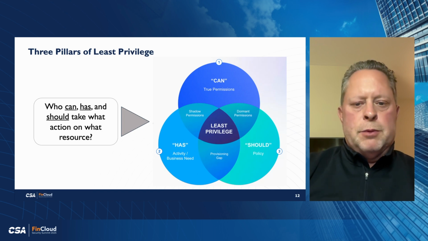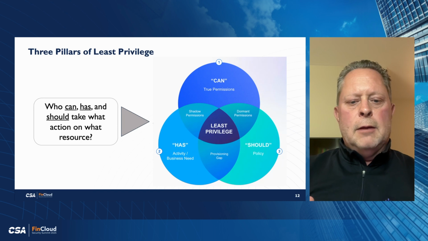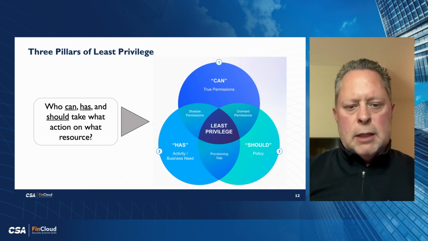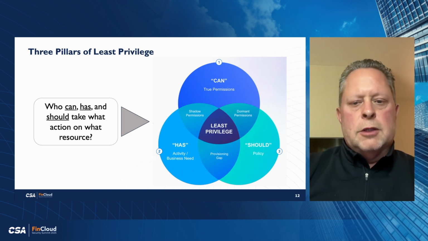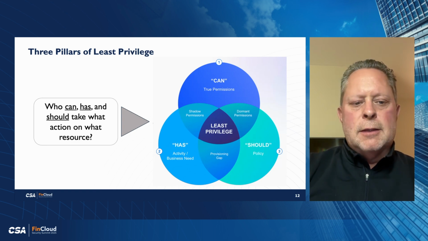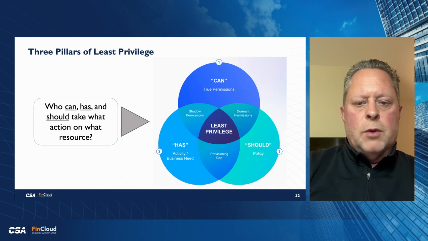And there are three pillars of least privilege that are important to understand. Algorithmically and data-wise, based on the data model I mentioned, how all of these come together and is consistent and self-updating and self-healing is where we start to truly achieve least privilege. The three pillars of least privilege that we think about: what access do I have? What permissions do I have? That's part one. What access should I have, based on my job, based on my role, based on the project that I'm on, based on what I've been asked to do from a role perspective? What's the access I should have in that role that I'm performing for the company, whether it's an employee or a partner or something else?